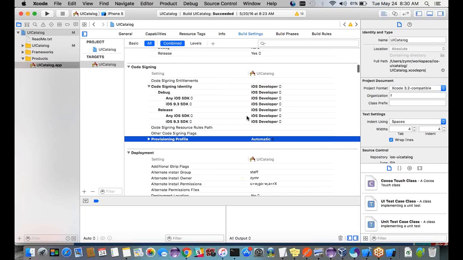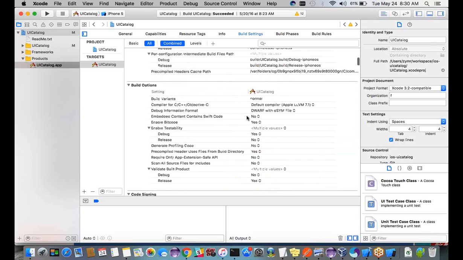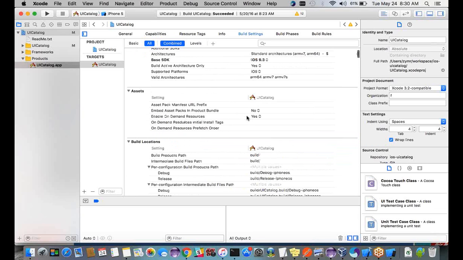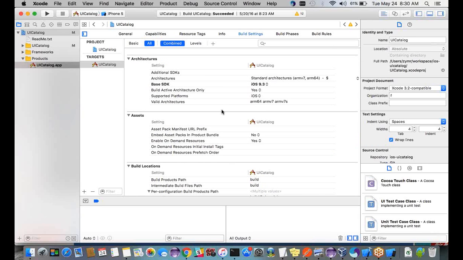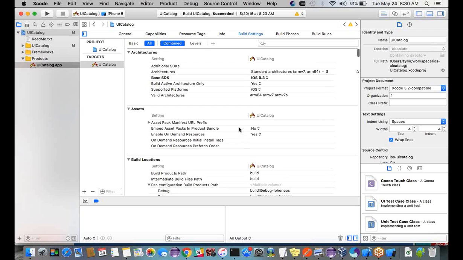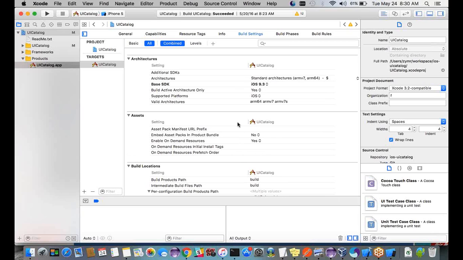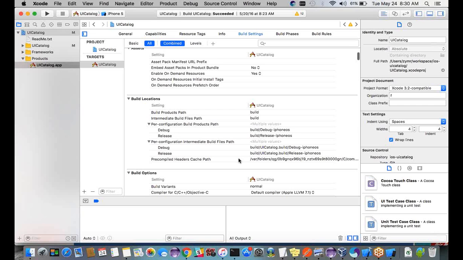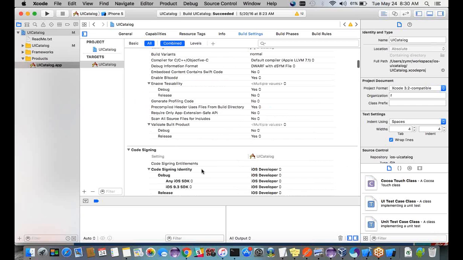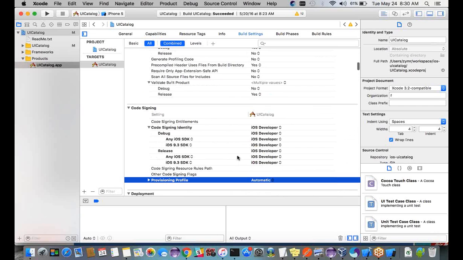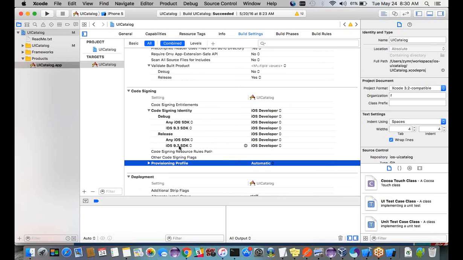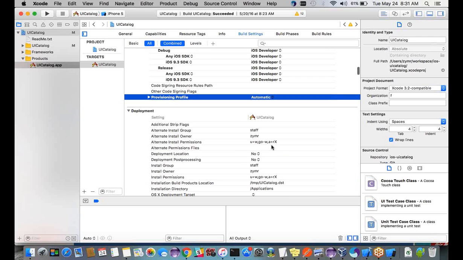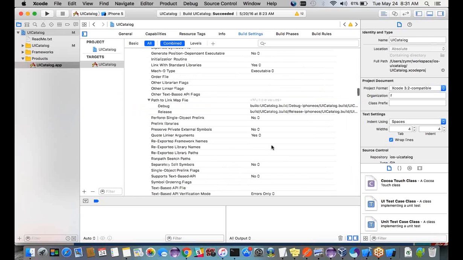So the thing is, these can be explained further once we start with the project, because it will be difficult for you to catch immediately. But still, I'm mentioning here, wherever you see iOS 9.3, I've selected it manually because I have to deploy the application on an iOS 9.3 device. And these are the things. So once this is done,